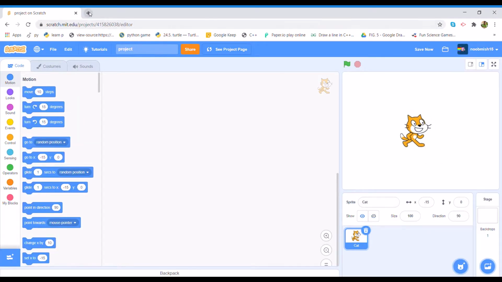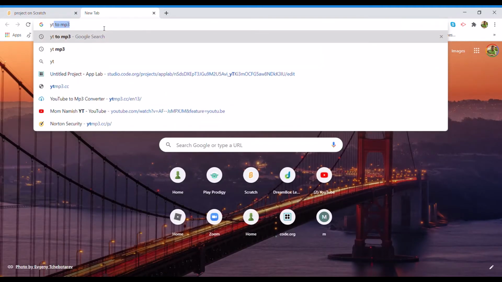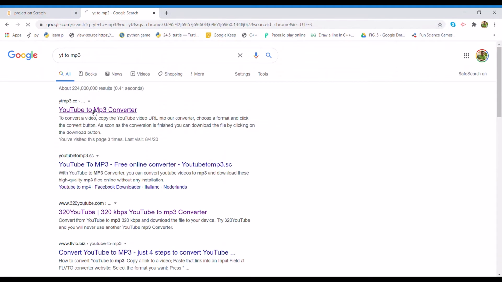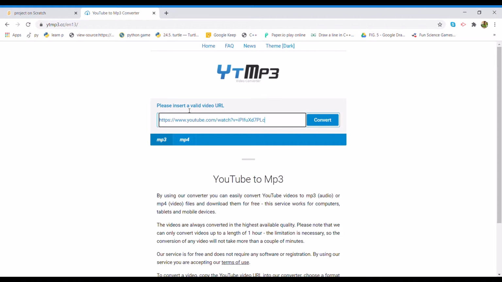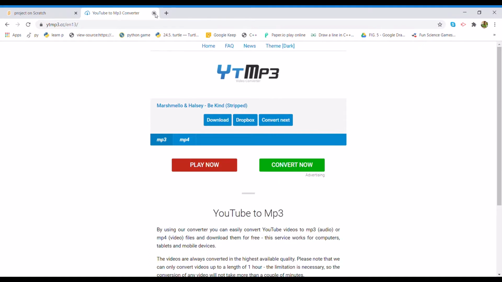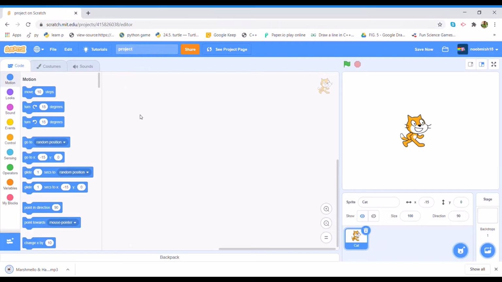Alright, now you need music. What you do, you go to a very dangerous YouTube to MP3 converter that will give your computer a virus. You do Control V. You hope you don't get a virus. And you wait, and you wait, and you wait. And then you click download, and then run out of that website as fast as you can so that you